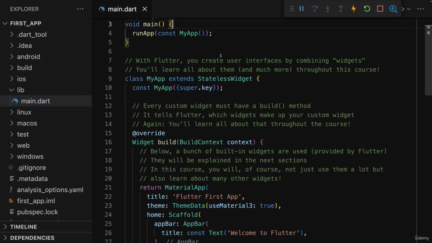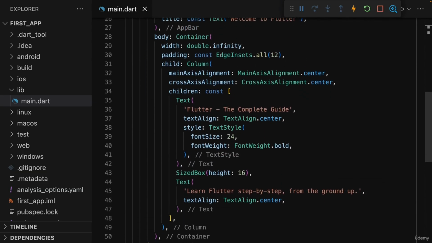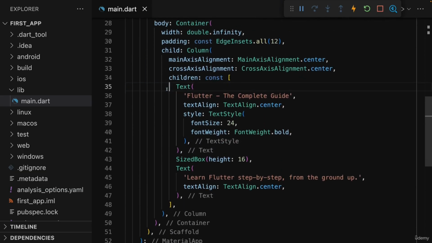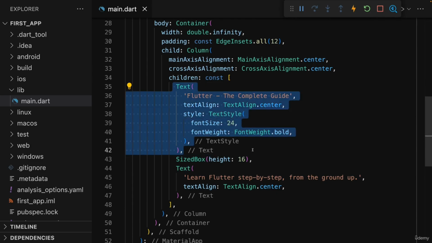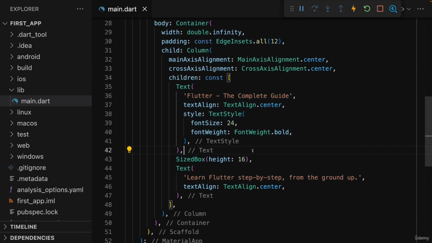For that, back here in the main.dart file, if you scroll down, you should at some point find these text things here. These are so-called text widgets, but again, you will learn more about widgets and how to build user interfaces with code in Flutter throughout this course. Now in this text widget here, in this first one, you find this text here, Flutter the Complete Guide. And let's say we want to change this code and we want to rename this to Flutter the Complete Guide